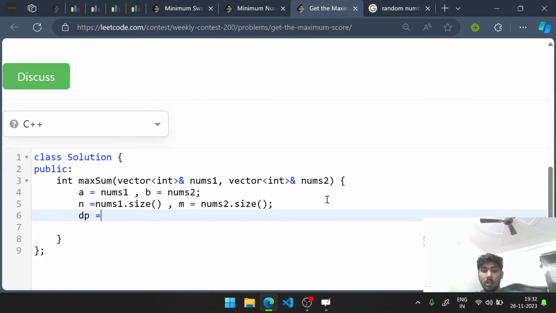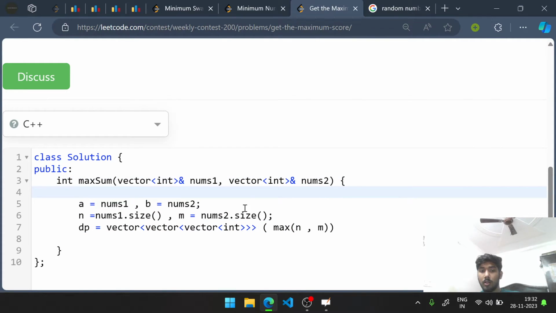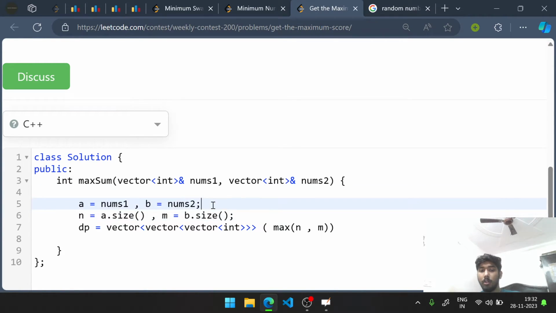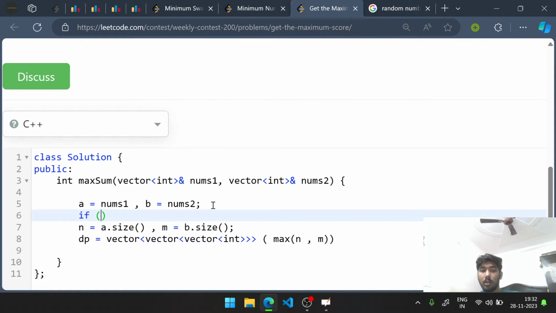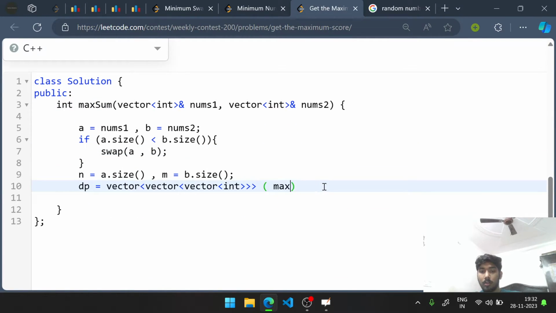All right. dp is equal to vector of vector of int. First, it will be maximum of n comma, I don't know what. A dot size and here is b dot size. If A dot size is greater than b dot size, swap a comma b. Right. So I can be sure here at least at n and